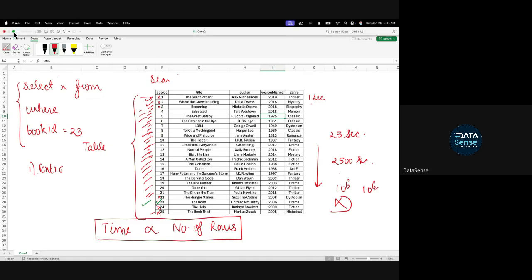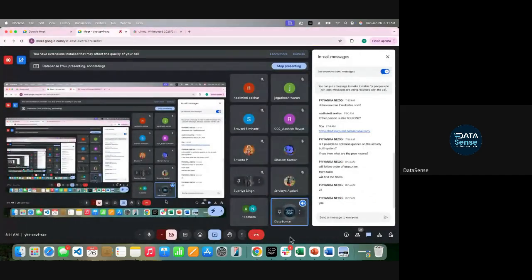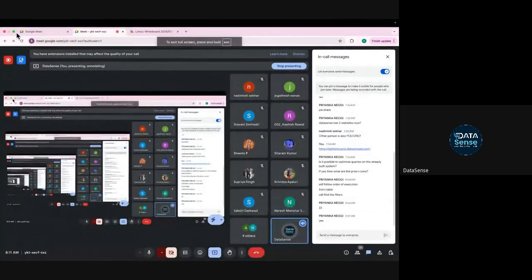Is it clear? In your SQL query, you write searches, you write group by, and so on. Think like an engineer about how those things will be working in the backend, and that determines whether your SQL query is optimized or not.